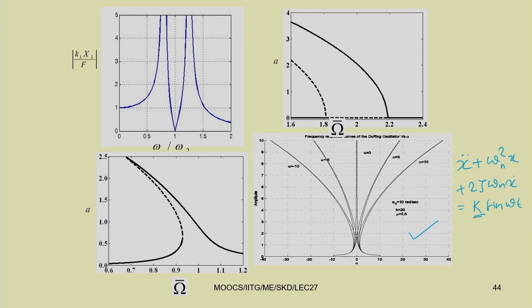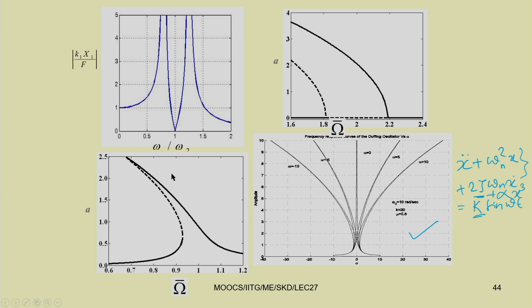Here this k and zeta are of order of epsilon, so we have weak nonlinearity in this case. Okay, so this alpha epsilon, you can add this alpha x cube also. So, this is the nonlinear term. These three are the linear terms, then the nonlinear term, and on the right side you have a forcing term. In that case you can have this hardening effect or softening effect. This is the softening effect and this is the hardening effect. So, depending on the value of alpha you can get either.